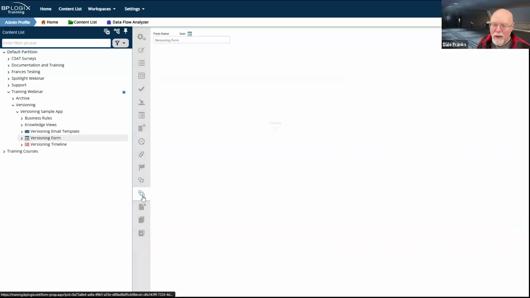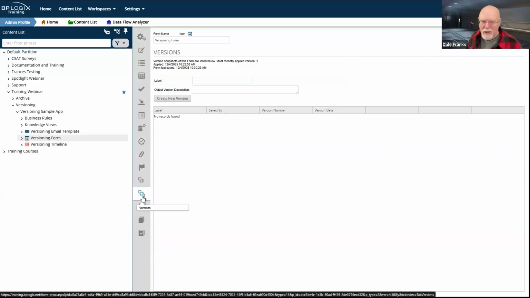Now, as I said, every object has a versions tab, so you can technically version at every level. There are some of you I know who actually do this, who actually do version at the object level and at the folder level. I don't, strictly speaking, think that that's necessary, because if you're making regular version updates at the folder level, you don't really need to version it at this level.